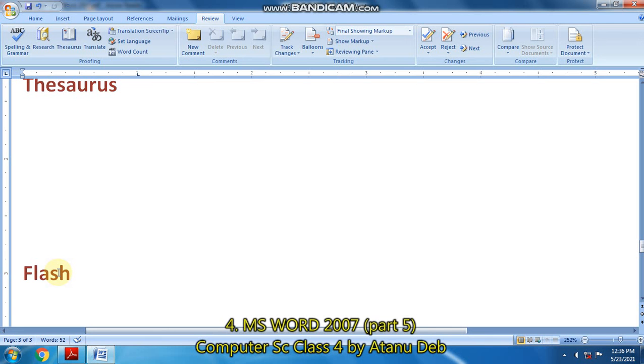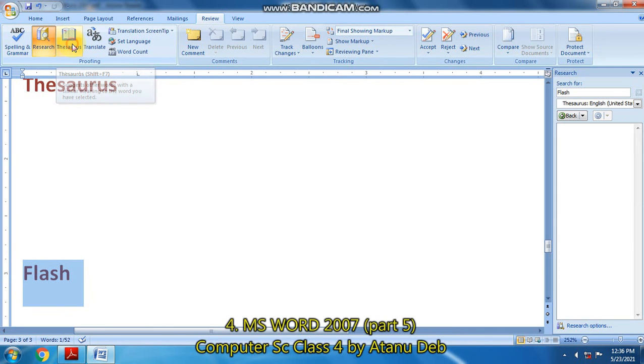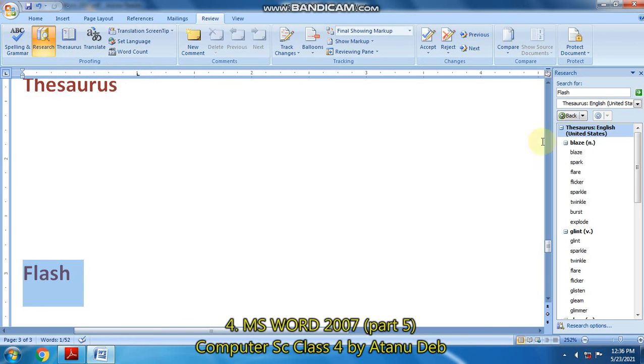So what I'll do, I'll select that word, then I go to the review tab, and in the review tab go to the proofing group. After the spelling and grammar command there is research, then the third command is thesaurus. So when you click on it, you'll get a toolbox here on the right side of the monitor.